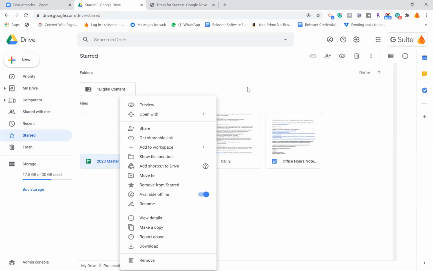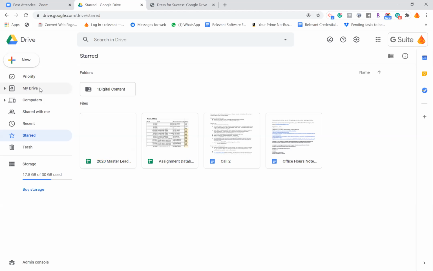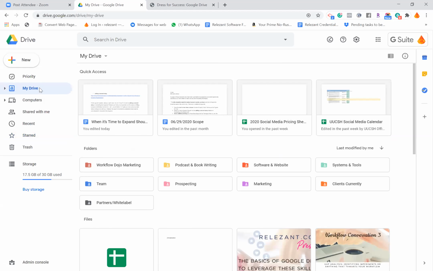Lori, does the document stay in the folder in the drive, but it's just labeled with a star? Yep. Okay, so it's just for where you had stored it. Yeah, it's an additional layer of organization. It doesn't take away from what you've already done. Okay, it's just like priority.